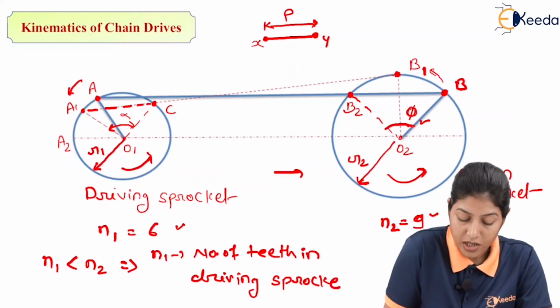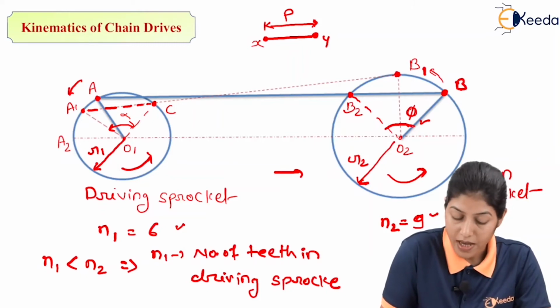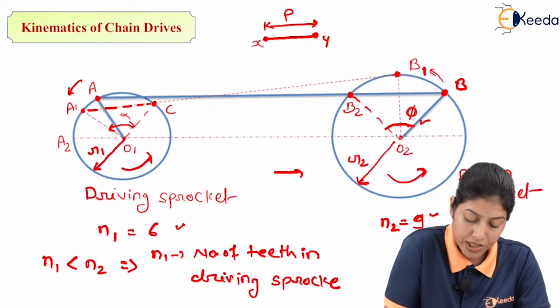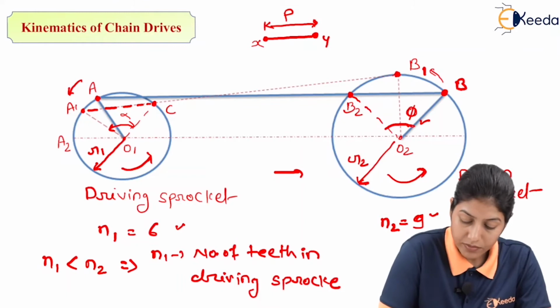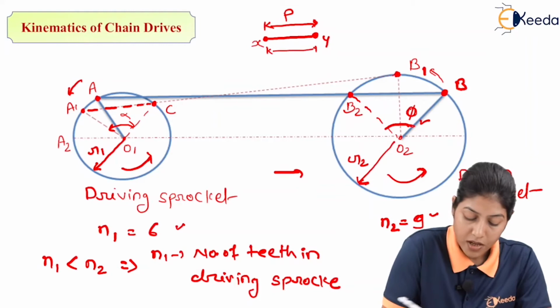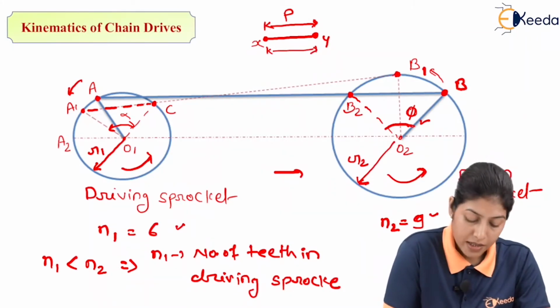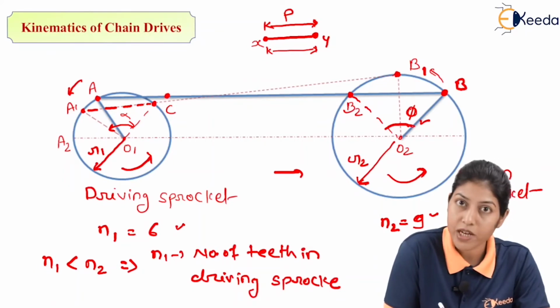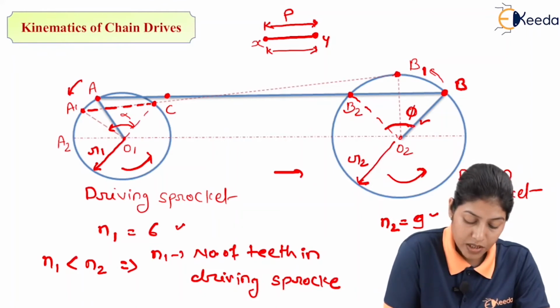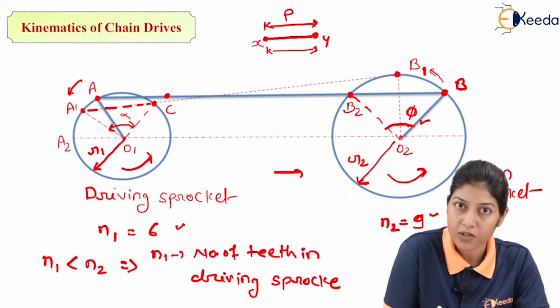During the initial position, the total length we are considering is AB, and after rotation when A is changing its position to A1, in that condition A1C, here pitch we are considering as the distance between two hinges. So, if one hinge is A, that is changing its position to A1. At the initial condition, the second hinge point will not be on the circumference of the circle. Now, when it is reaching the position A1, the second hinge joint will mesh, or it will be on the circumference of the circle.